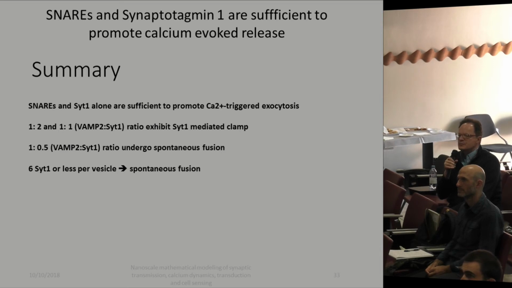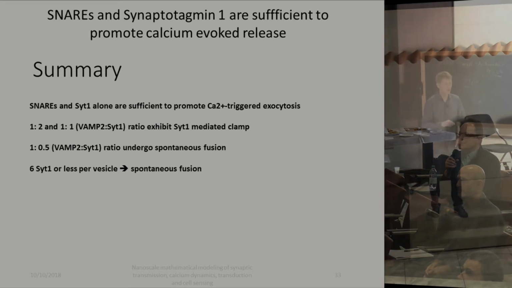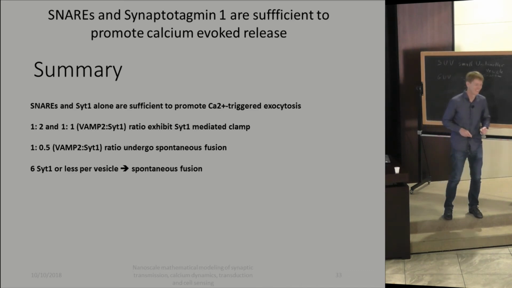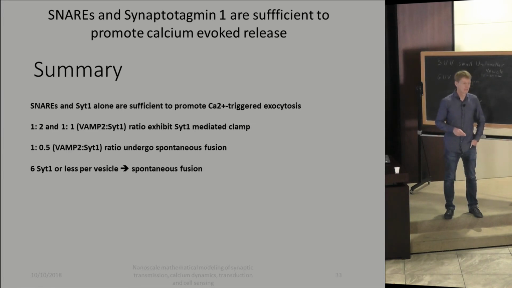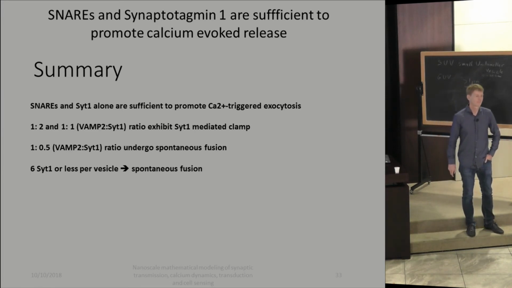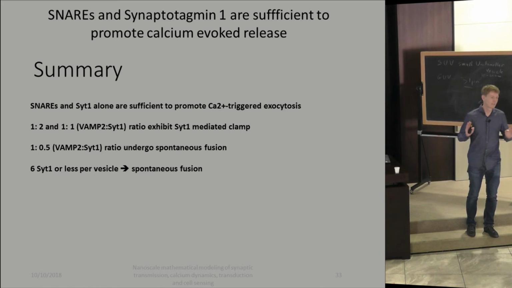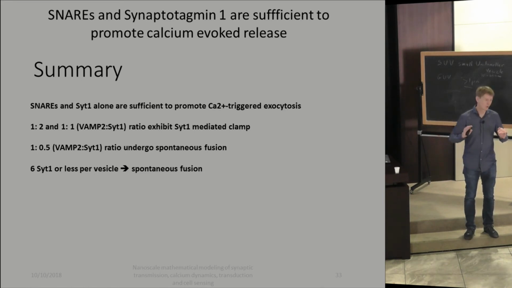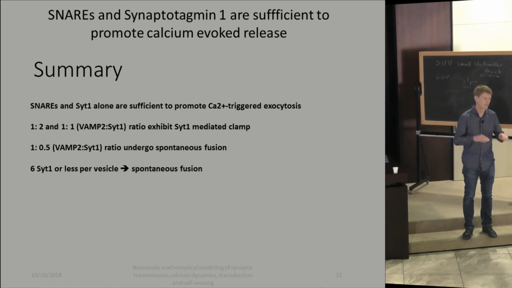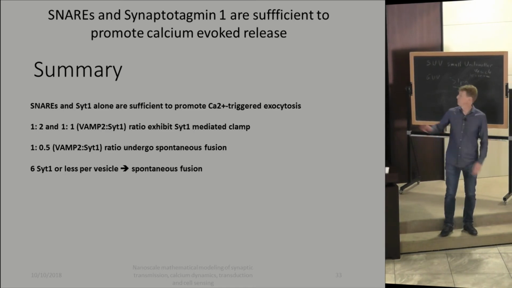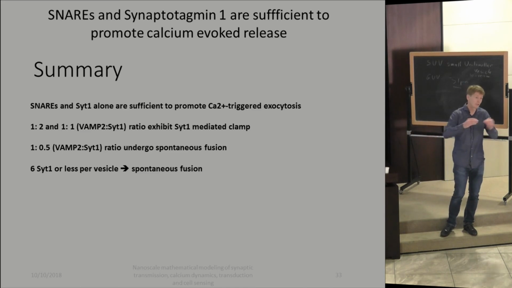But I'm not sure what the threshold is. I don't remember exactly all the conditions we tested. We are in the process of doing it. We didn't fill up the table completely yet. But roughly speaking, I realize these are preliminary findings. Roughly speaking, less than 1-to-1, it doesn't clamp. That's what we have for now. And less than 6 for sure, it doesn't clamp either, even if you have less vamp. That's what we have now. So maybe it's going to be less than 9 later, or maybe 12 is the limit, I don't know.